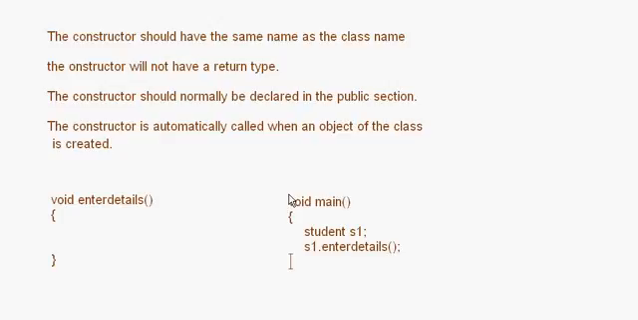So this is an explicit call to a function, whereas a constructor is never called explicitly in the program. The constructor is automatically called when an object of the class is created. Okay, so these are the important points that you should remember about constructors. Now let's see